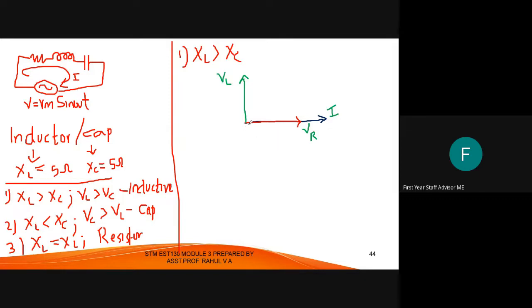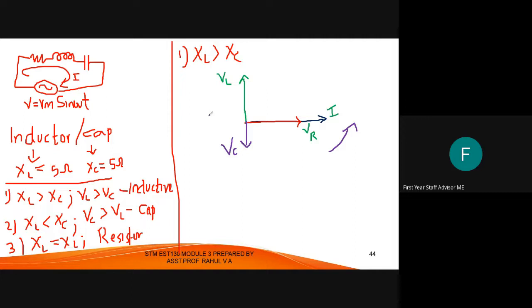So I have to draw the phasor of voltage in a capacitor like this. It means it is behind the current, lagging behind the current. When I'm drawing VL and VC, you should know that the length of VL should be